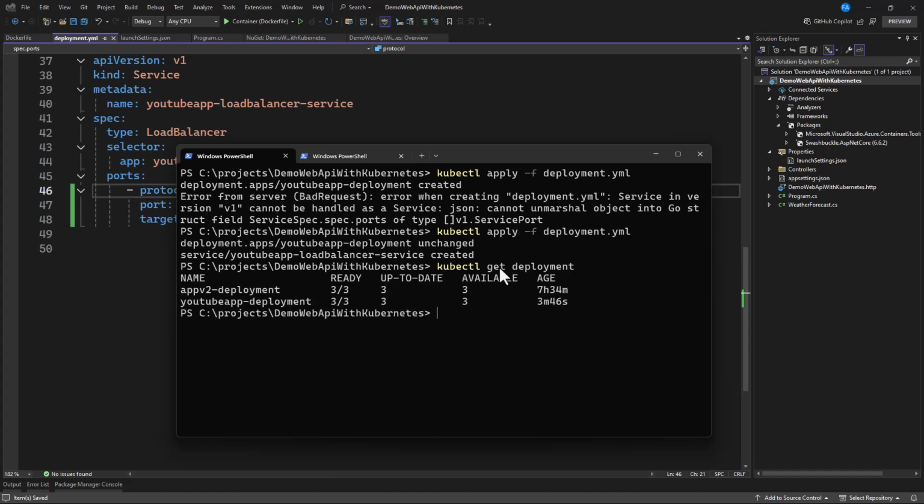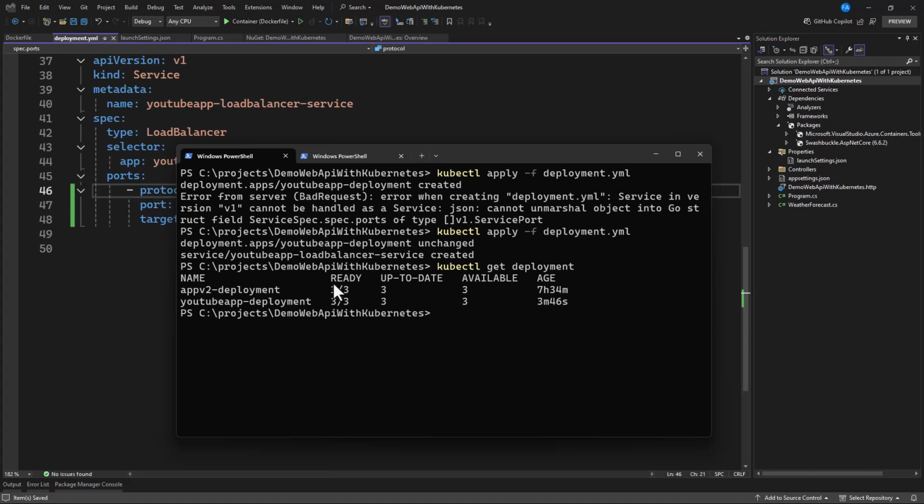And now let's see. You can see that here we have our YouTube app development, that's the deployment. I have one already. So we are not focusing on this one, but the second one, YouTube app deployment.